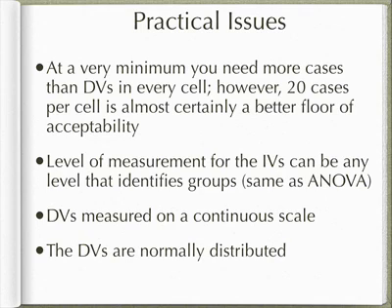So some practical issues. At very minimum, you need to have more cases than you have dependent variables in your analysis. That would be a very minimum. However, 20 cases per cell. So if you have a 2x3 analysis, you have 6 cells, and you would want 20 at minimum people per cell. And I'd be uncomfortable, I think, if it was just 20. That would be sort of like